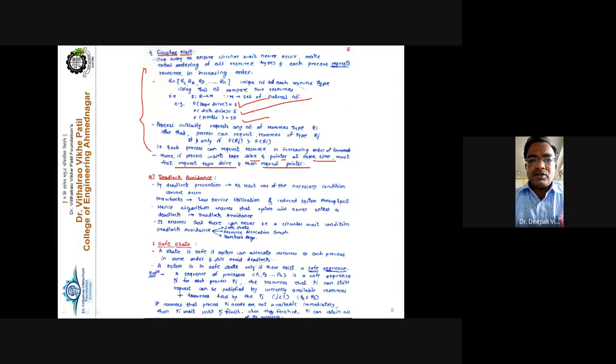So prevention, how to prevent at least one condition to prevent the deadlock. That is the discussion total. Now the next point here is the avoidance of the deadlock. How to avoid? Prevention, as already discussed, is practically not possible, though theoretically it is okay. So practically we have to avoid the deadlock.